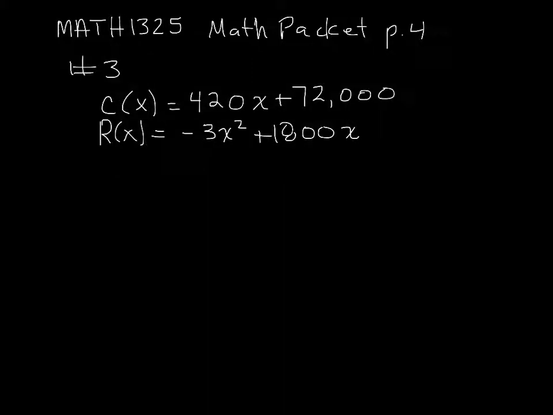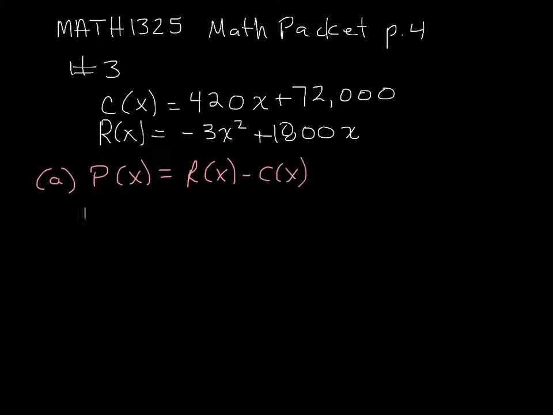Okay, this is actually out of the math packet, page 4, question number 3. It's about the bicycles, racing bicycles per month, and they give you a cost function, a revenue function, and part A says to find the profit function. Well, profit is found by taking revenue minus cost. So the profit would be the revenue minus 3x squared plus 1800x minus cost, and be careful because